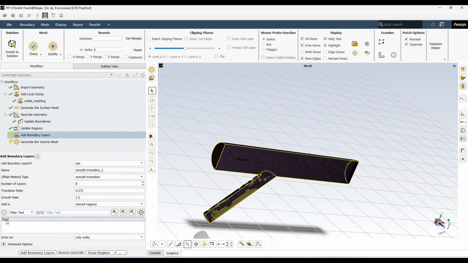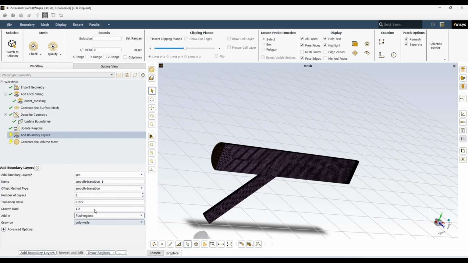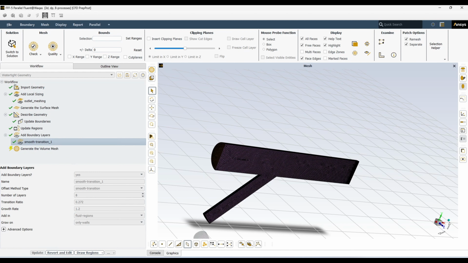Okay, we have this name, but I think we have fluid region, that is understood, so we will say fluid region and only on the walls. Then I will update this, add boundary layers. So boundary layers have been added. I think the name has been reverted somehow, I don't know, so I can go back and say